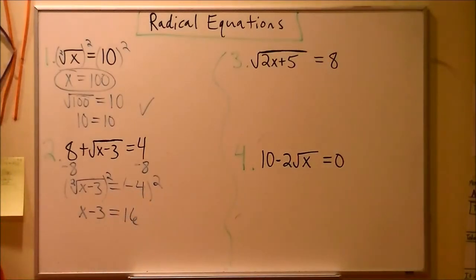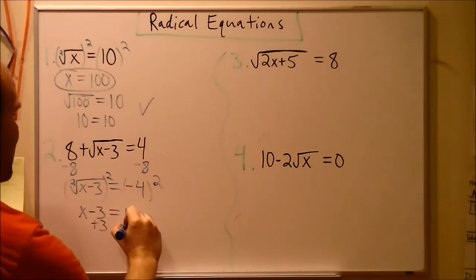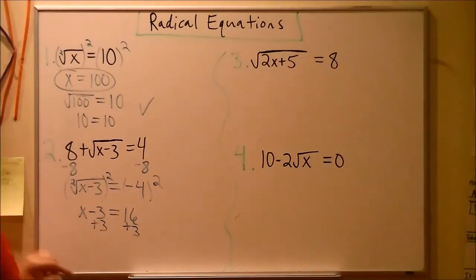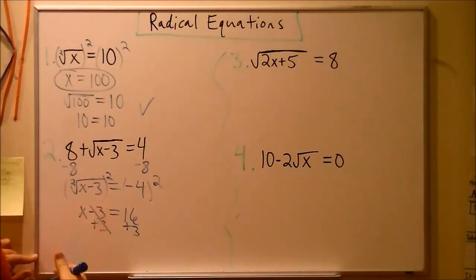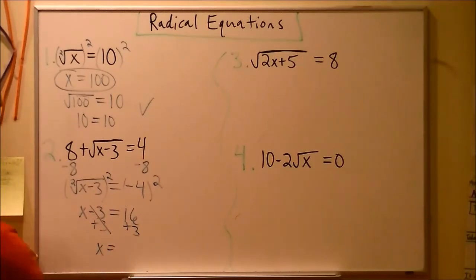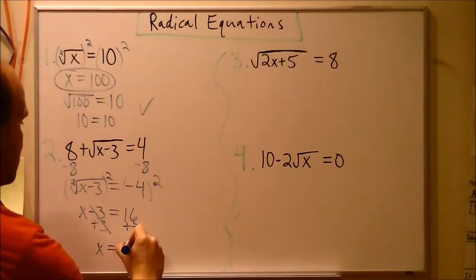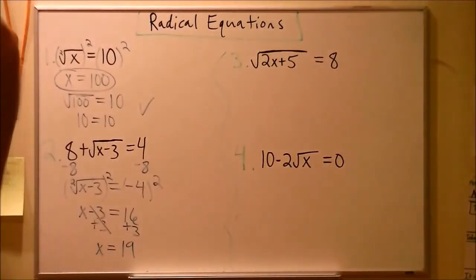Okay. Now, how do I solve from this point? x minus 3 equals 16. The way I solve is isolate my x by adding 3 to both sides. And I will cross out there because I don't need that in the end. x equals, what's 16 plus 3? 16 plus 3 is a fairly large answer compared to our previous one: x equals 19.